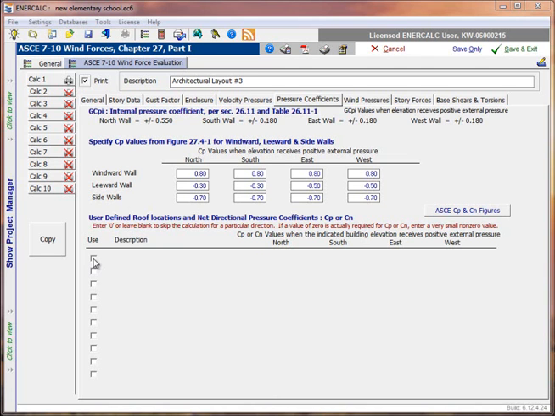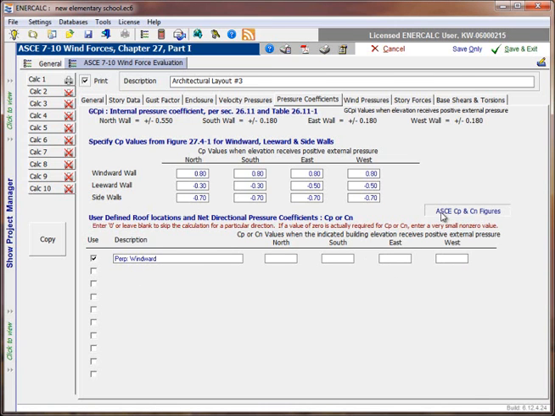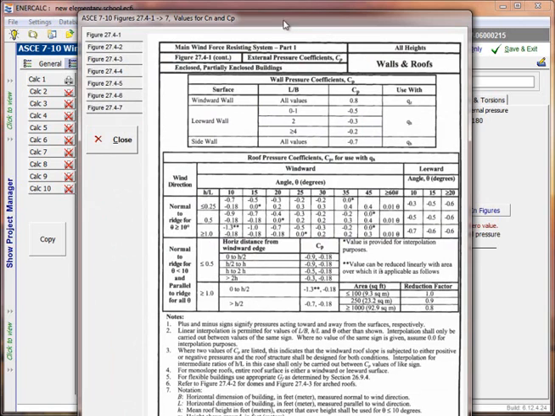So the way that I might set this up is I might come in and select an option to say that I want to create a wind condition which will be for perpendicular winds, and let's just say that these will be the ones on the windward roof. Now we know that these are going to be the ones that populate values into the east and west directions, and if I come back to our table here,